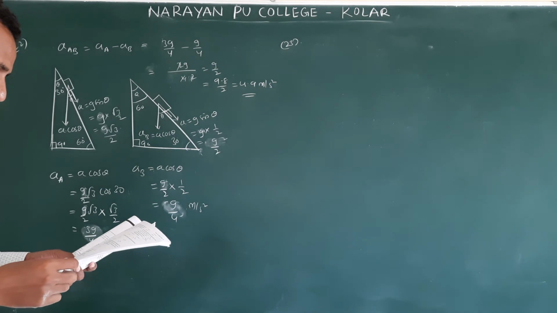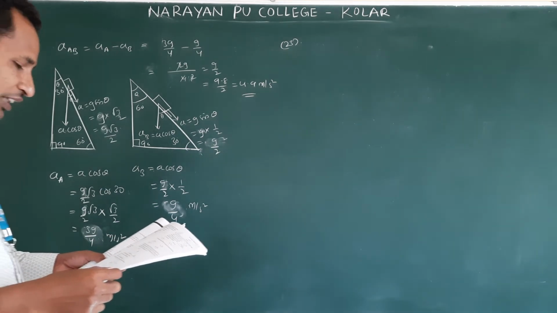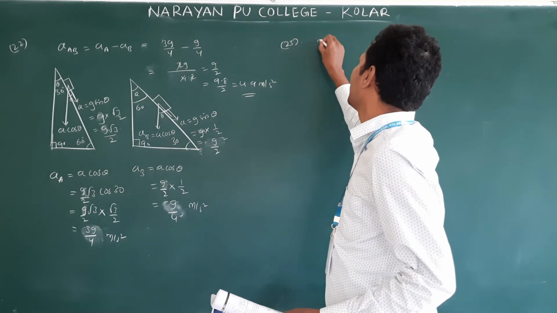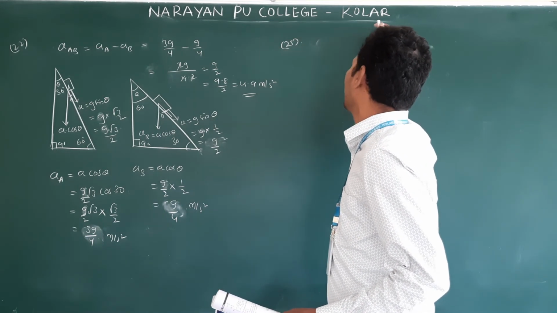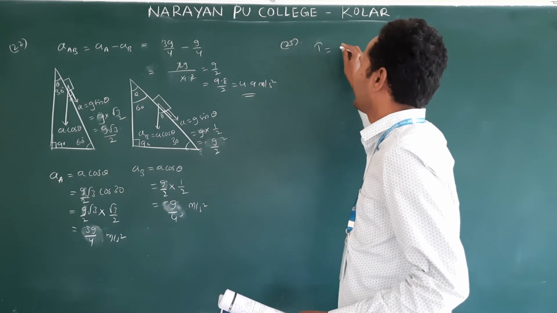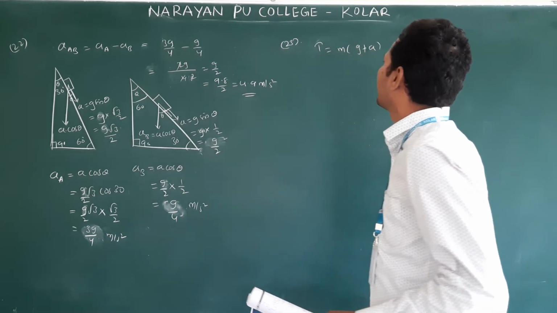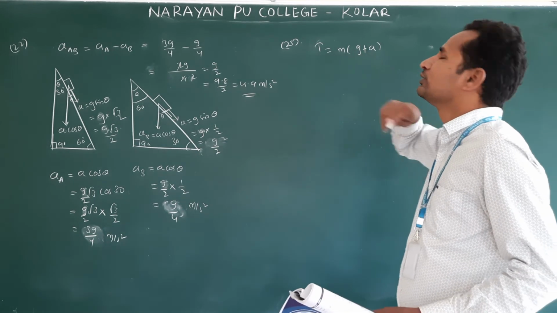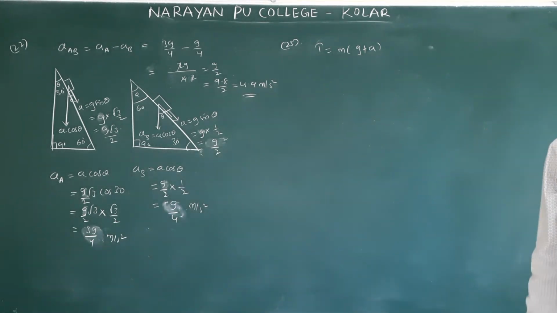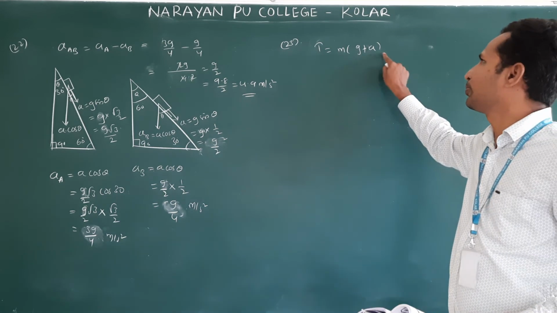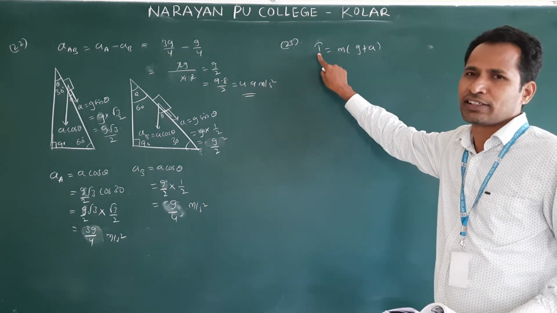The mass of the ball is 200 grams, and we need the tension in the string. The lift is going up, so what is the formula? T is equal to the normal reaction formula, which is given, but T is also the same: M into (G plus A). The tension or normal reaction formula remains, but when accelerating up, it will be G plus A, whatever may be here, tension or normal reaction.